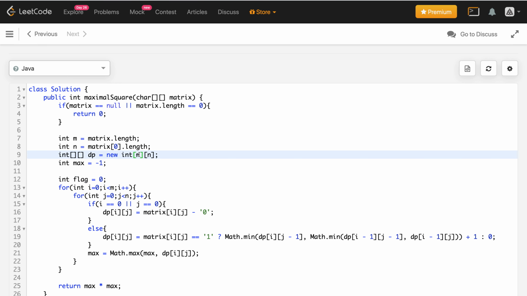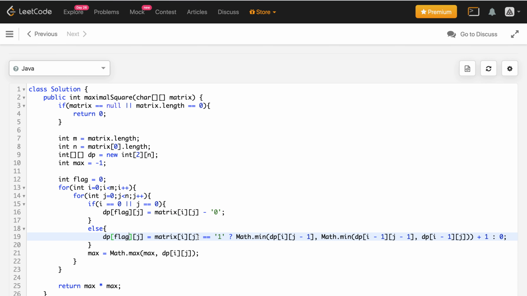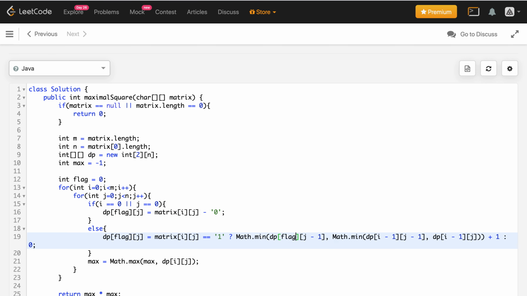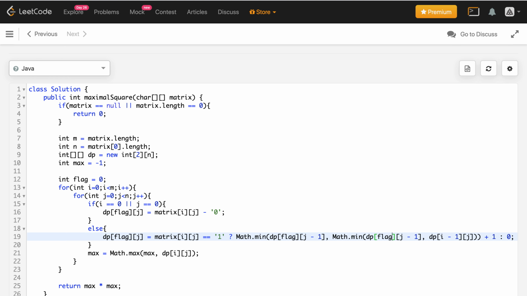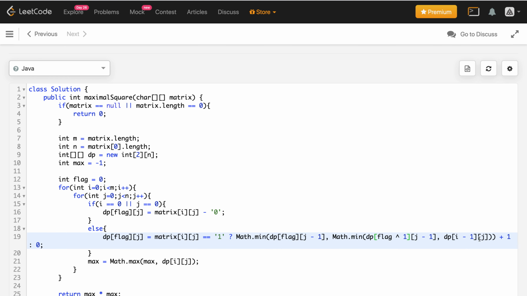We are going to change the number of rows to 2. So in place of i, write flag, and in place of i minus 1 write flag XOR 1. Over here as well, flag XOR 1.